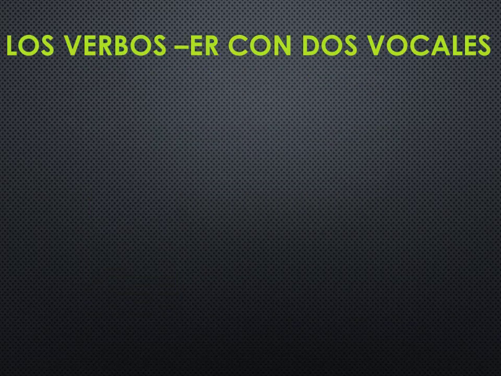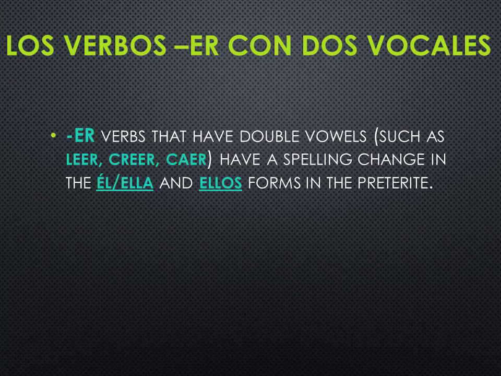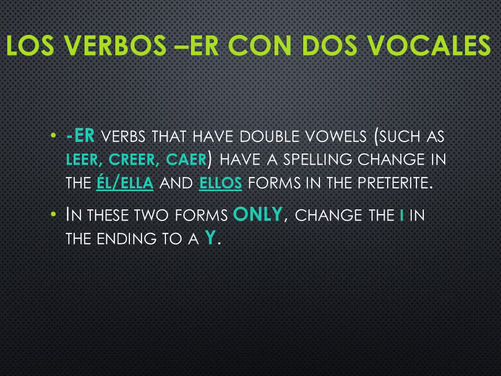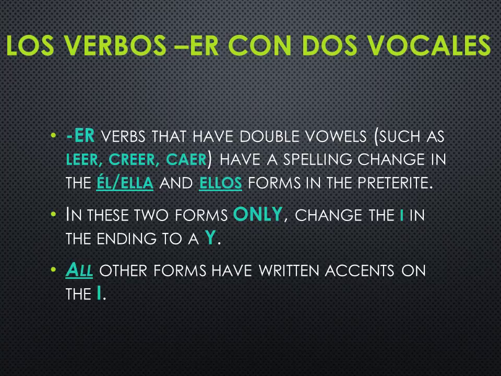All right, so los verbos -er con dos vocales. So -er verbs that have double vowels, such as leer, creer, caer, have a spelling change in the él, ella, and ellos forms in the preterite. Okay, so in these two forms only, the I will change to a Y. Okay. All other forms have written accents on the I. All right, so let's take a look at